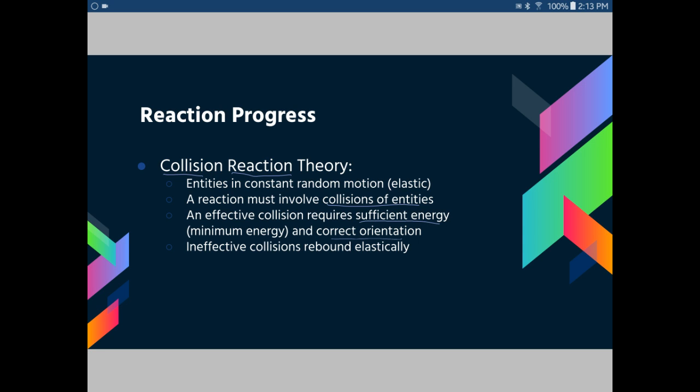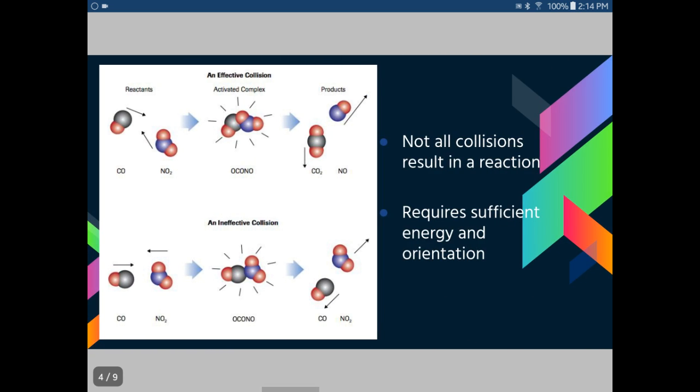So we have to have them bump together not only in the right place, but with the right amount of force going in towards each other. Ineffective collisions rebound elastically, so if two particles come in together, they will bounce off each other in opposite directions. So, if we take a look at our